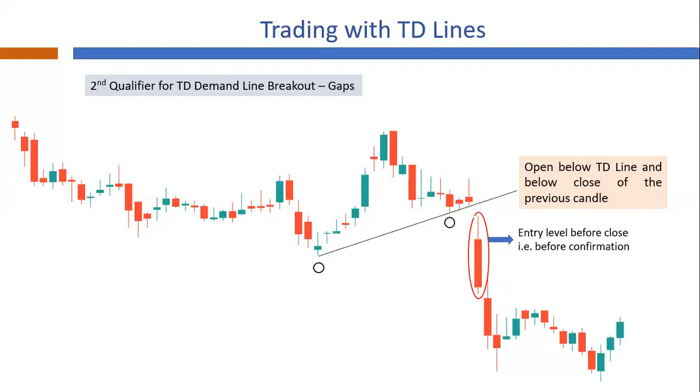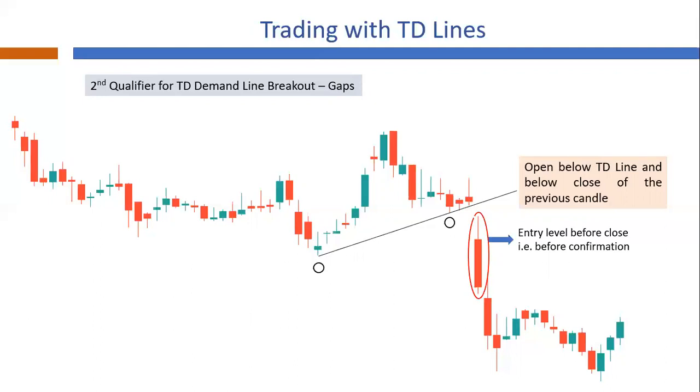Further, the qualifiers mentioned above are used for daily charts. These qualifiers help to decide whether long or short entries should be considered before confirmation. I generally use the second qualifier, that is qualifier with respect to gap ups or gap downs. I suggest to do your own research on these qualifiers for taking informed decision with respect to entries on unconfirmed candles.